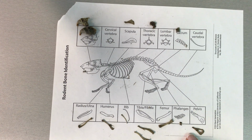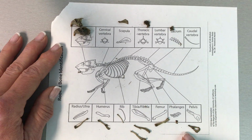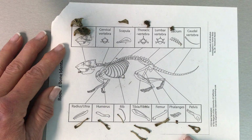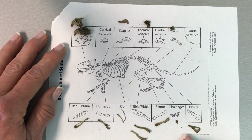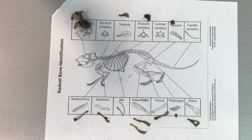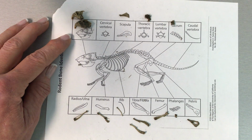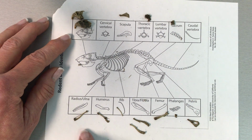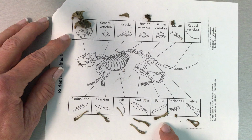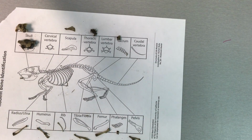So I want you to look at these and talk to your class which ones look the most different from the human bone, and maybe which are the most similar. Take a minute to discuss that. Okay, I went ahead and picked the skull as being very different from the human, and the femur as being very much the same. So if you go back to page 21,